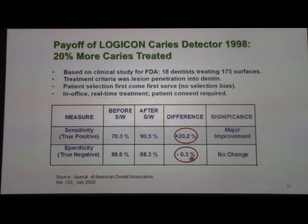And the board of radiologists at the FDA, I presented this to a board of 12 very prominent radiologists in America, and they were really impressed with a 20% improvement. And I'll show you that this result is highly dependent on the patient database, and I want to emphasize before I go on to show you what happened when I changed the patient database, that this was patients that walked into the dental office on a first-come, first-served basis. They may have had no caries problems, they may have had minor caries problems, or they may have had terrible caries problem that anybody could have diagnosed without my software. We had no control over that. They wouldn't let us control that. But,